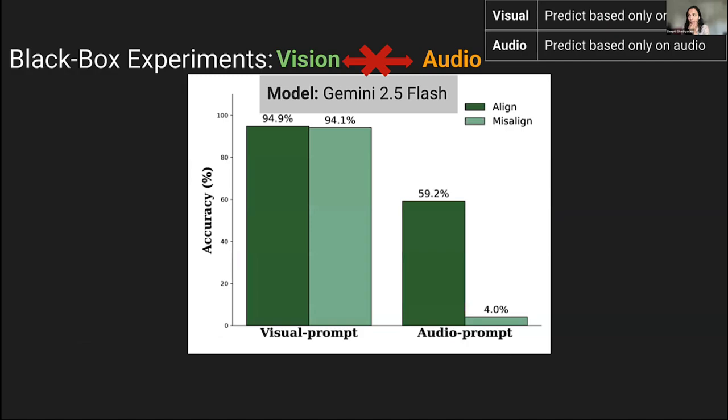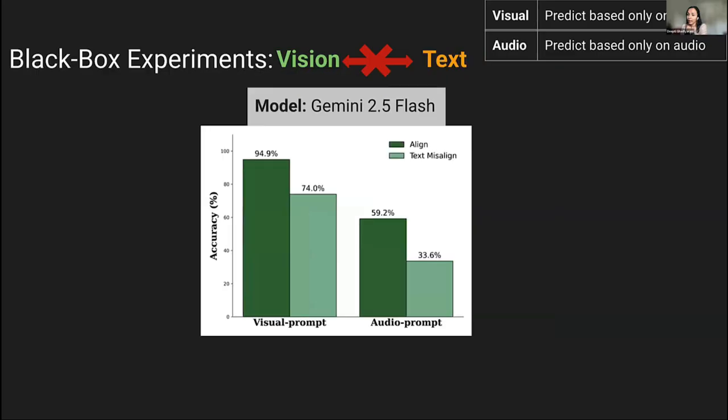So it indicates that, well, there is integration of modalities, but the conflicting modalities do lead to poor performance. We've seen similar things in the case of another model, Gemini, and also when vision and text are misaligned. So here is an example where audio and video have been intact, and it's just the text that has been messed up. The caption has a distracting word added to it, and that alone was enough to lead to a 20% drop in the performance.